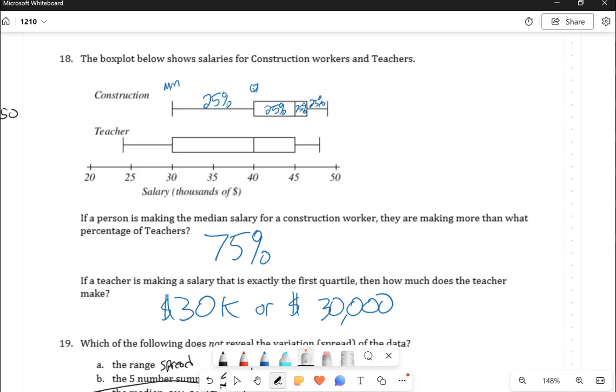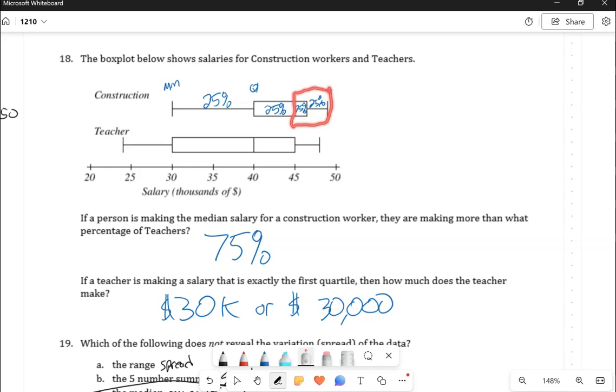So if you were right here at Q3, you are making more than 75% of that population. If you're at the median, you're making more than 50% of the population, but less than 50% of the population. So in this case, we can see that half of the people are really bunched up between 45